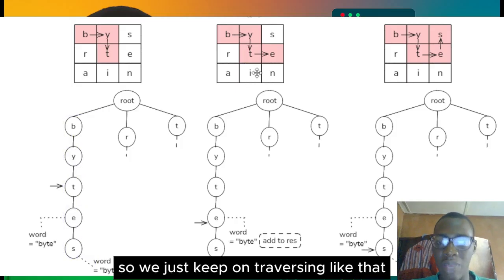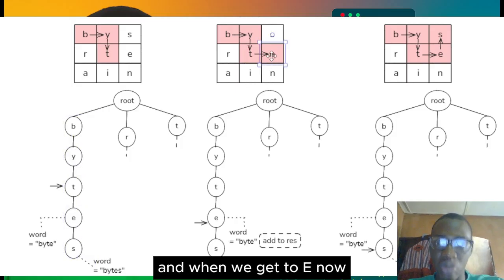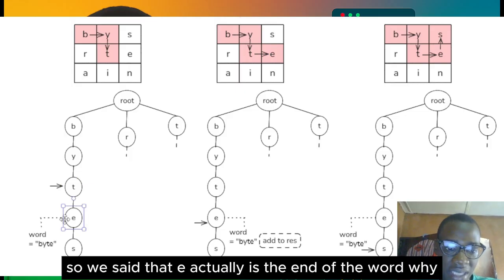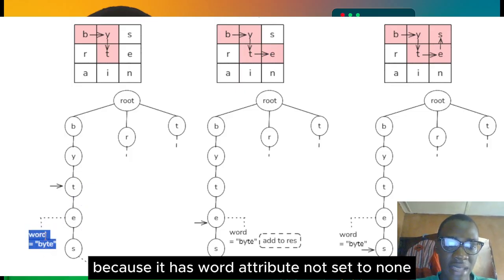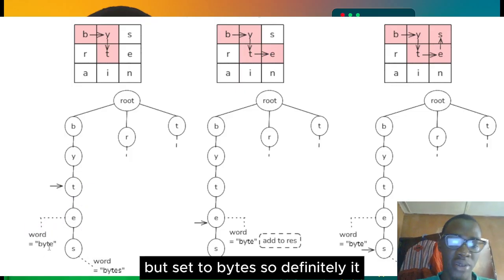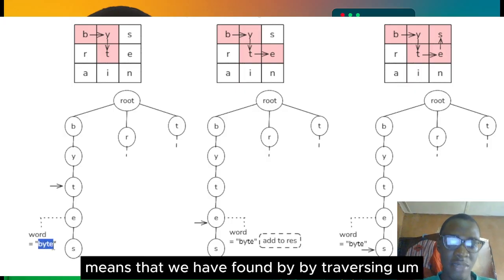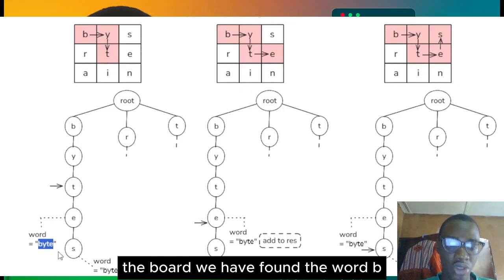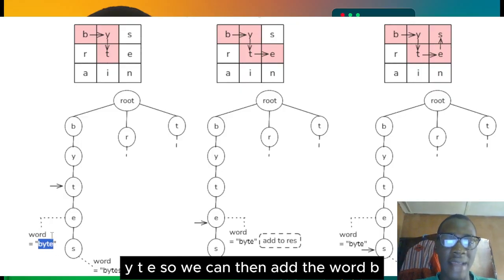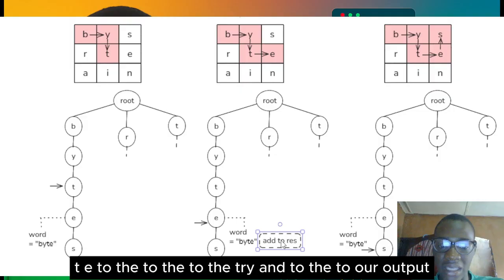We will just keep on traversing like that, and when we get to E, we say that E is the end of the word. Why? Because its word attribute is not set to None but set to byte. So definitely it means that by traversing the board we have found the word byte, so we can then add the word byte